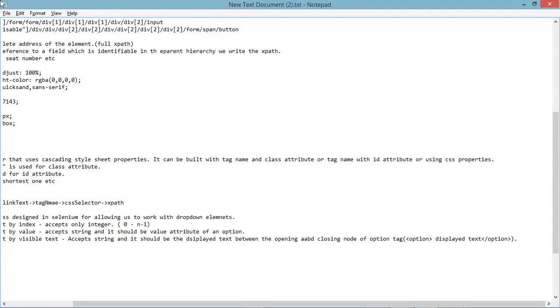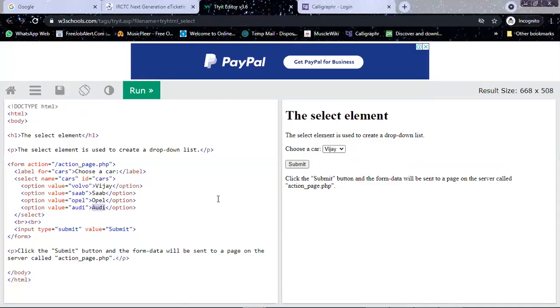Now go to your application and see, you will understand why we wrote that. The option, whatever you are seeing, the value, whatever is there, is inside the opening node. The opening node will be till the close of the greater than symbol, till here. And after that, whatever you have, you are checking, is the displayed name, and this is the option.